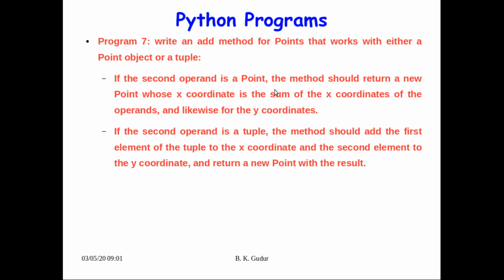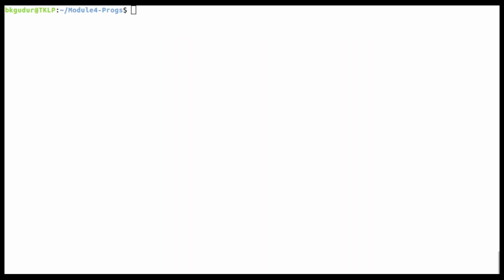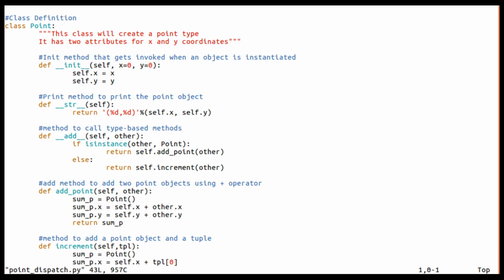This is a very simple program which I have already written, so instead of typing this, I am going to explain the written program directly. Here the program name is add_point_dispatch, because it is based on the dispatch concept. This is the total program.